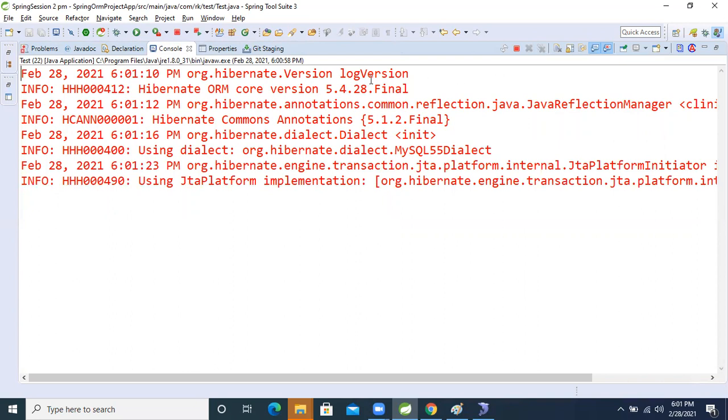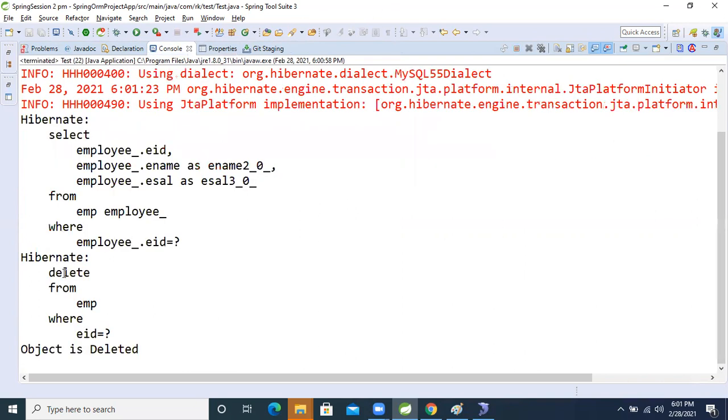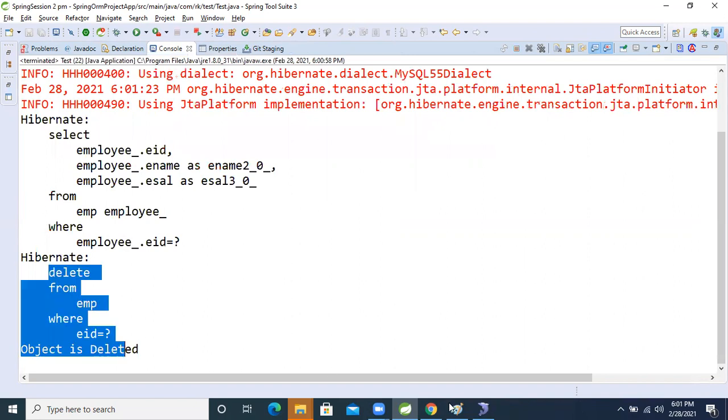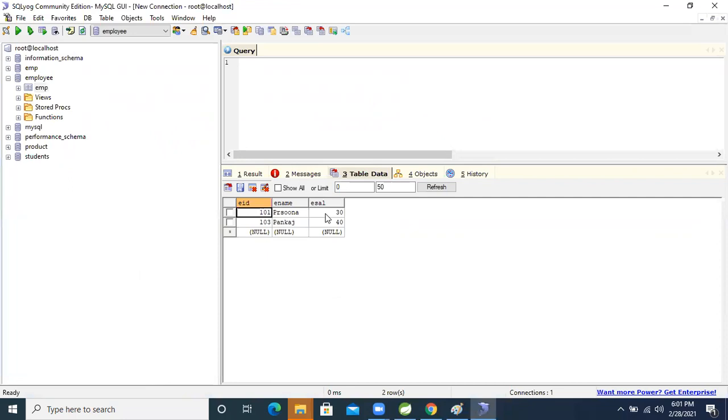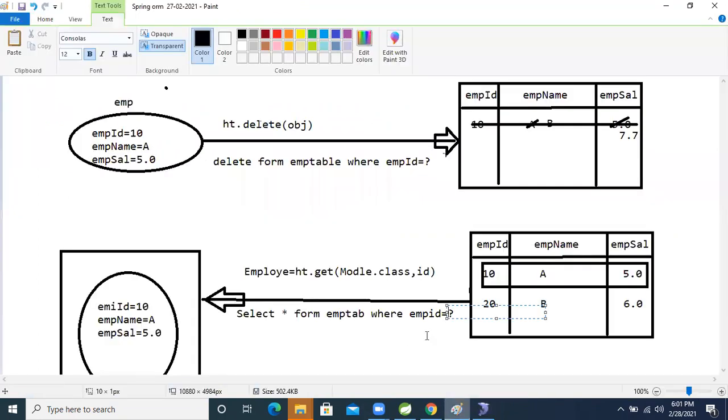See, selected first time. After then it deletes from the employee where the id is generated, right? In the diagram also, where the question mark is there or not? Come here and refresh the table. See, Ravikant data is deleted or not? Initially whatever I gave in theory, those things I'm implementing as practical also. So these two operations we completed.